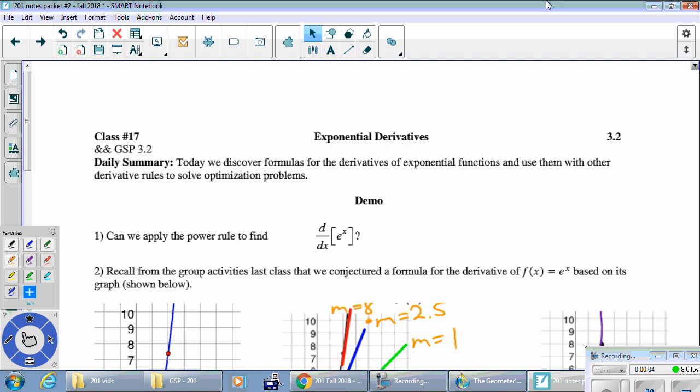Lesson 17, Demo. Today we discover formulas for the derivatives of exponential functions and use them with other derivative rules to solve optimization problems. Number 1, can we apply the power rule to find the derivative of e to the